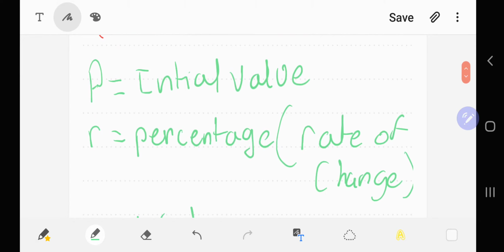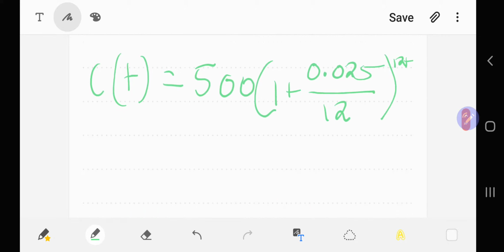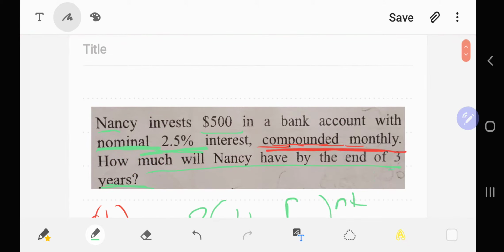So, unlike the last video that we were given, we're finally given time. And in the last video, I mentioned this. If they're asking how much money will this person have in a certain amount of years, and you're given years, that means t has an actual number. So you take that number, the years that they give you, and substitute it for t. So C of t, which is 3 years in this case, because they're asking you by the end of 3,